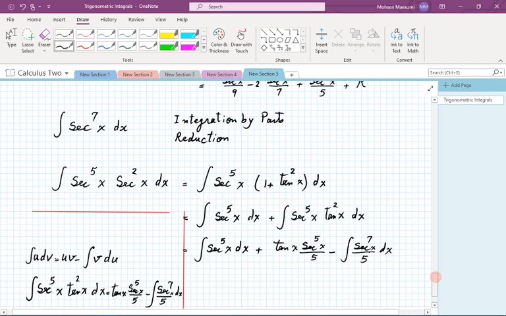So I have secant to the power of 7. Then I split it into two pieces. Out of that is born a smaller case of the problem I had to begin with, and another piece which is the same as the integral that I wanted, except with a different coefficient somewhere in it. So this is in fact an application of that self-referral